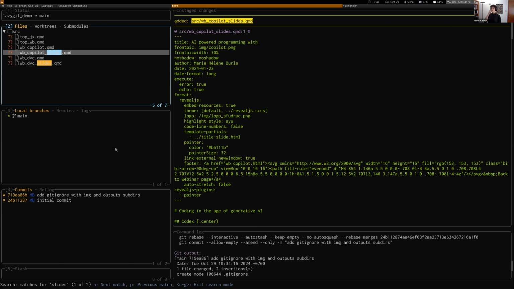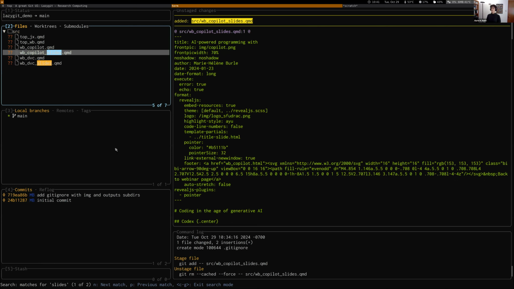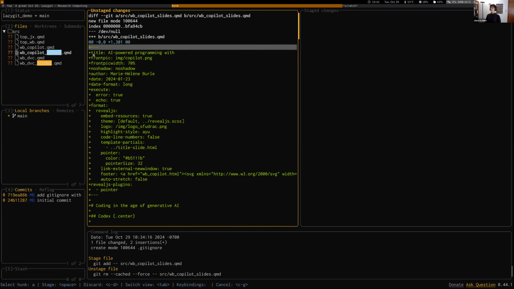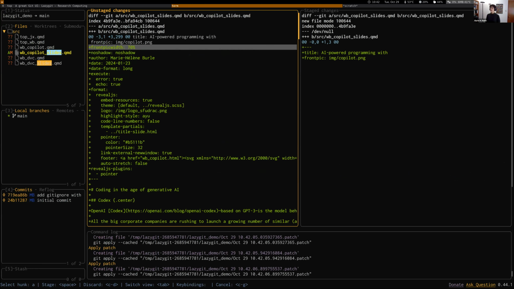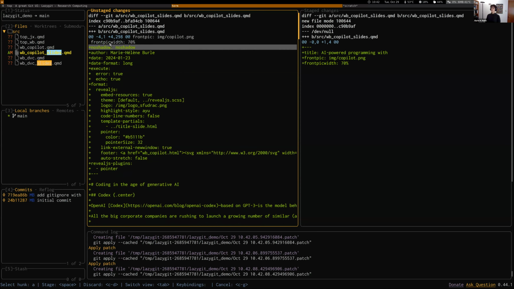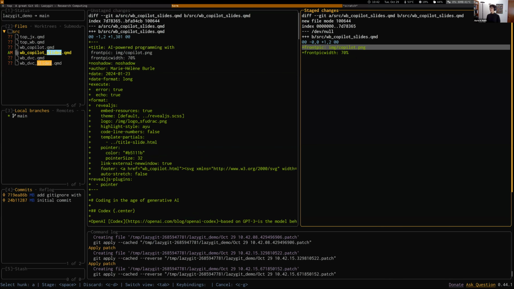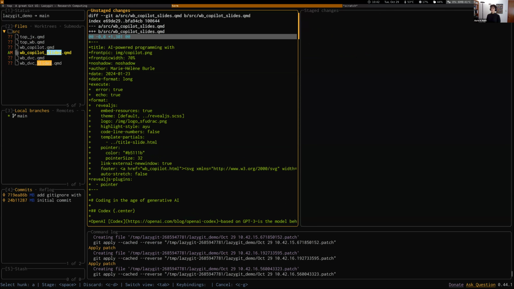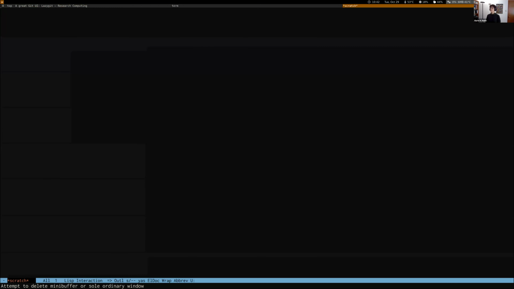So maybe I want to stage only part of those files. Instead of pressing space to stage, I can also press enter. And here I have two panes. On the left, the unstaged changes, and on the right, the staged changes. And here I can do line by line staging. Each time I press space, you can see that the change goes from the unstaged to the staged changes box. I can, of course, revert it. And I don't have to do it line by line. I can also select, oh, sorry, my